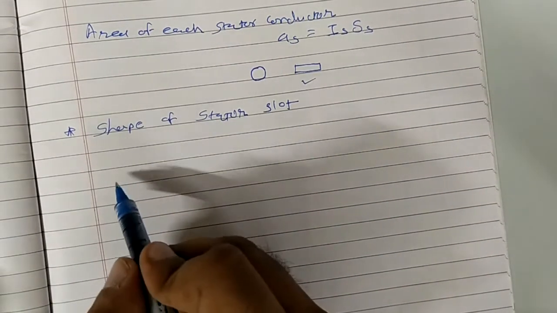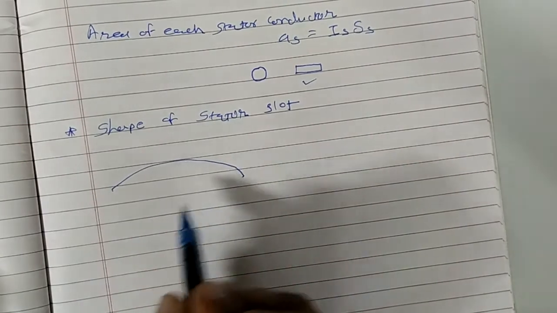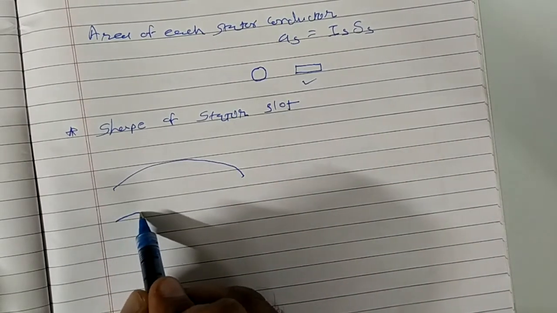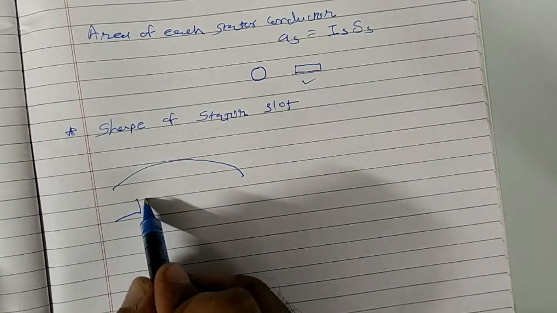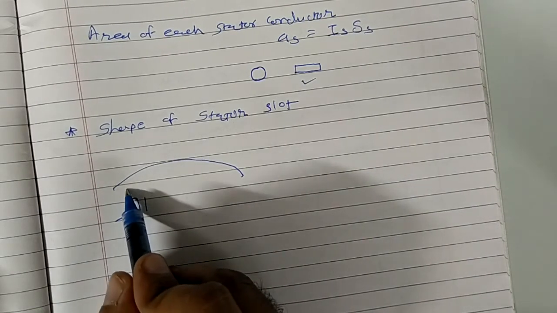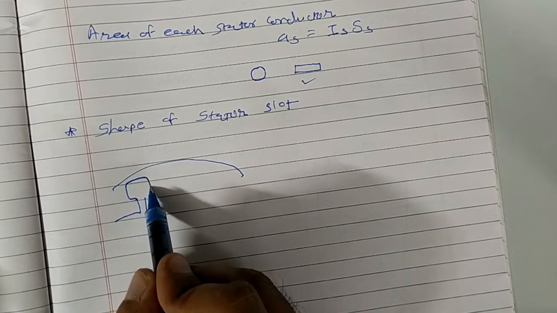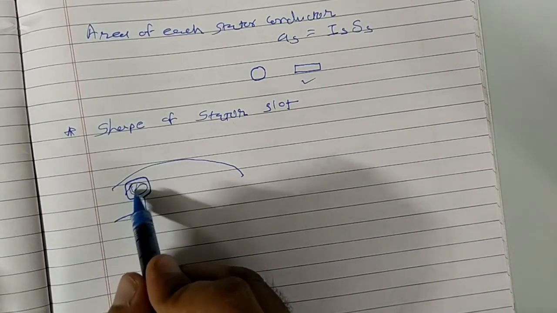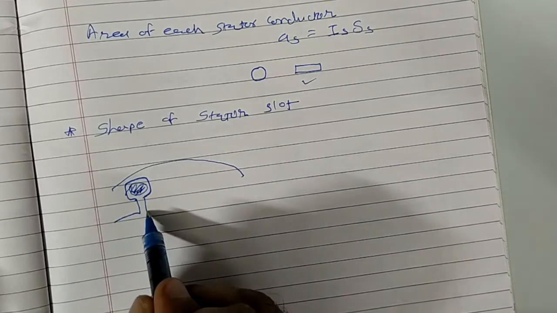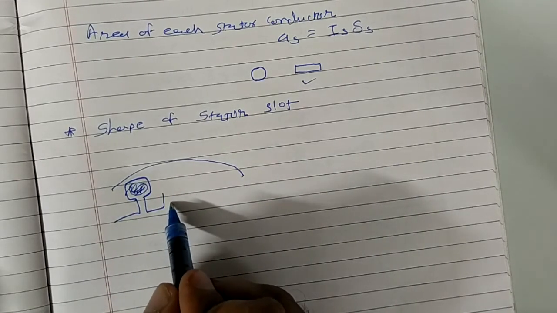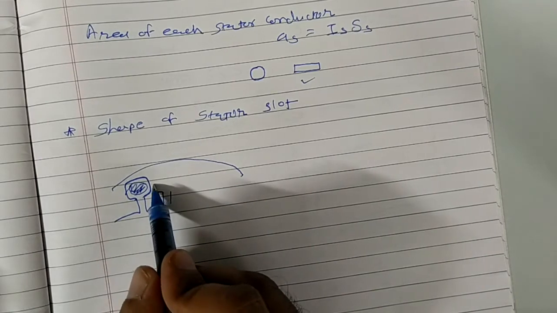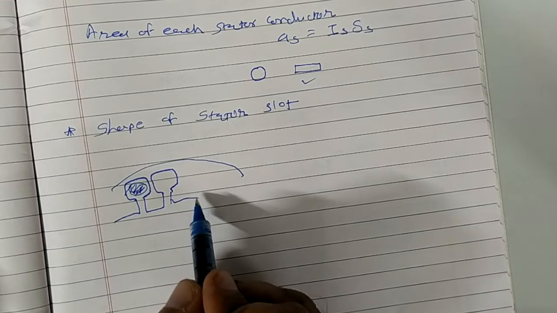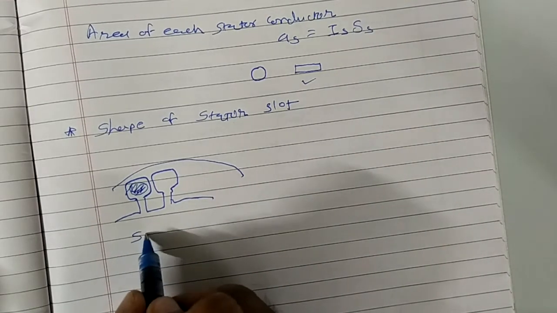You already know it, but I can draw it. Let us say this is the stator top area, then a semi-closed type of slot will look like this. Initially it will be narrow, and afterward its area will become bigger. So over here we can provide the conductors, one conductor, two conductors as per requirement. So it will be narrow like this, and as we go upward, this kind of area will be there. This is the semi-closed type.